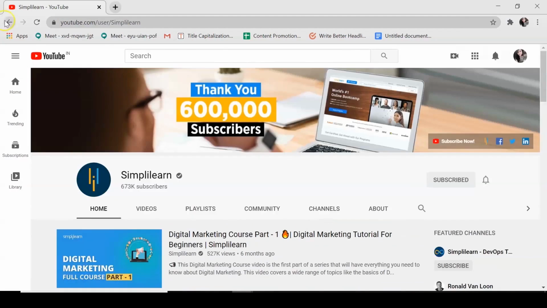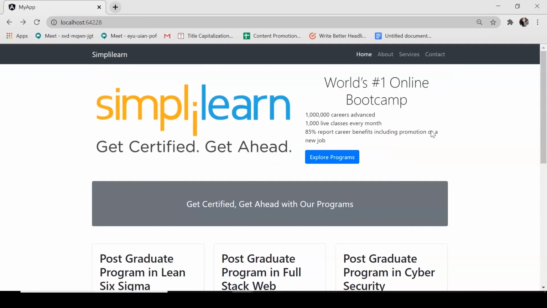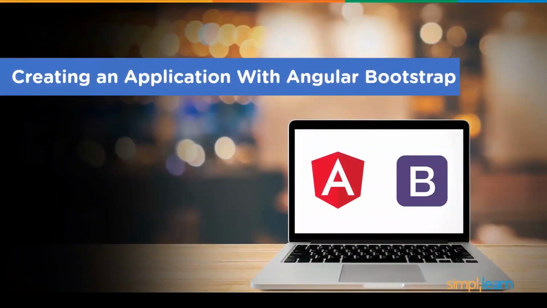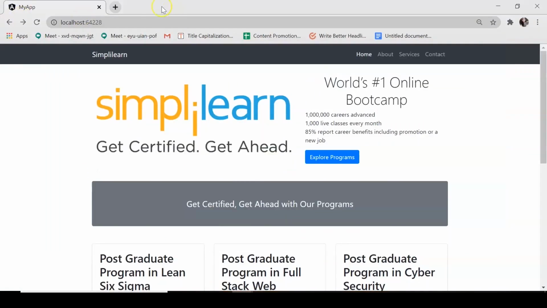Alright, so this is what we're going to be creating using Angular Bootstrap. So I'm hoping you're all ready for it. So without further delay, let's jump in. So first, let's find the template that we want to use for our blog. So for that, I'm going to just go ahead and say